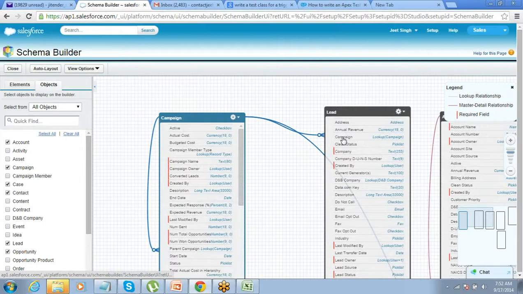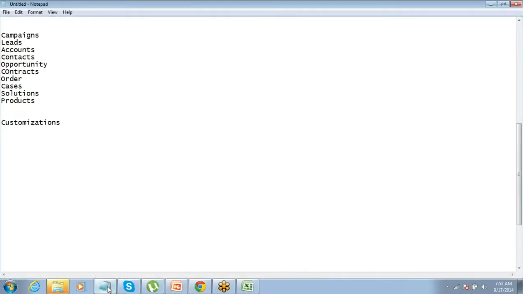You see the campaign field. So this is the field which is doing the relationship. Where you see the arrow coming, that is where the relationship field is, right? And on the campaign side, there is no field related to it. It's an object which is connected through this field. How that relationship comes about, we will talk about a little later. Okay.